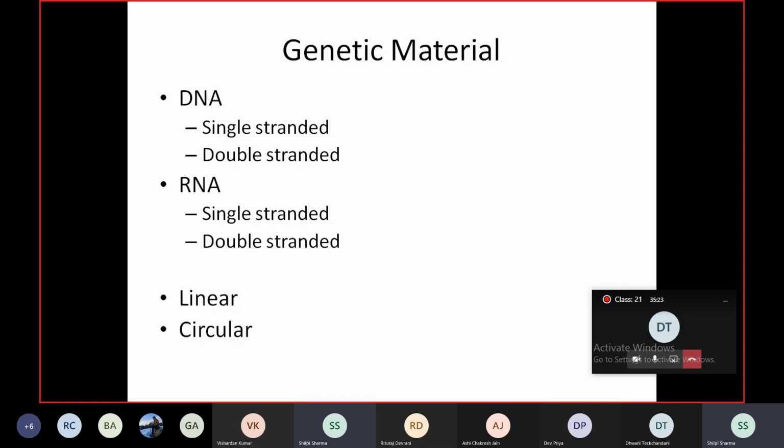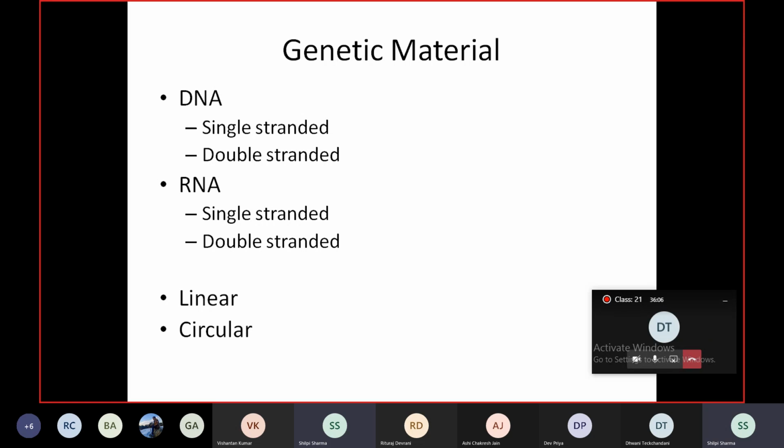Now, most viruses have either RNA or DNA as the genetic material, and all kinds of variations have been observed in the genetic material possessed by viruses. The nucleic acids could be single or double stranded, so you can even have single stranded DNA, you can even have double stranded RNA. The genetic material could be linear, it could even be circular. The simplest viruses contain genetic material which is sufficient for encoding just 2 to 4 proteins, while the complex ones have the information to encode approximately 100 to 200 proteins.